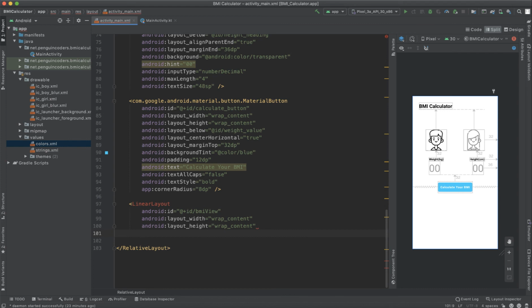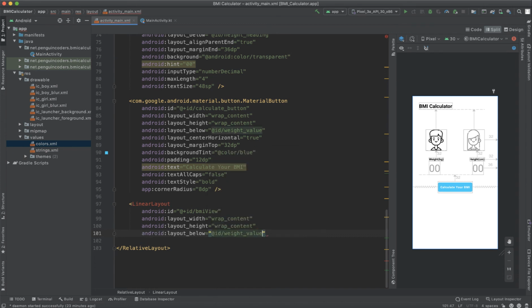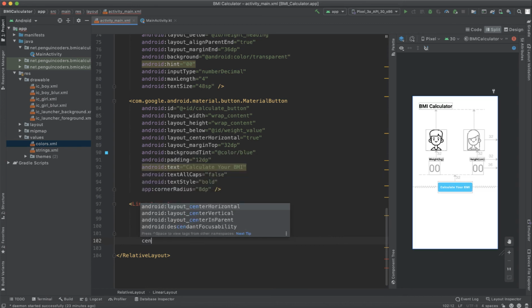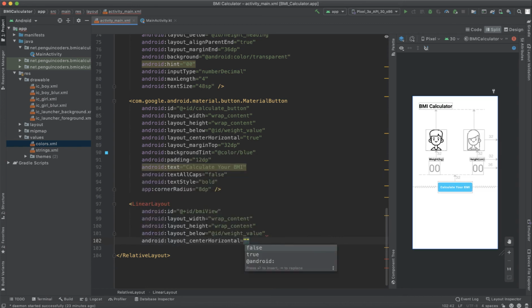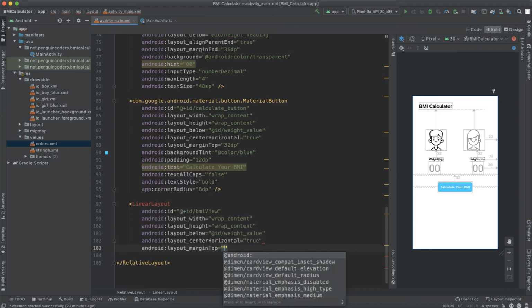So we will keep it below. Android layout below is equal to weight value, so that it replaces the current button. And then center horizontal will be true, similar to our button, and margin top will be 32 dp.